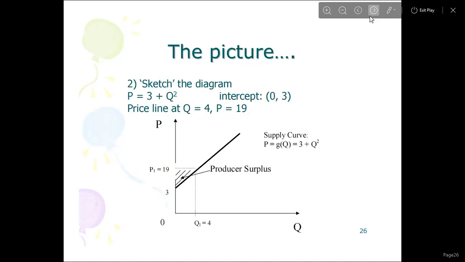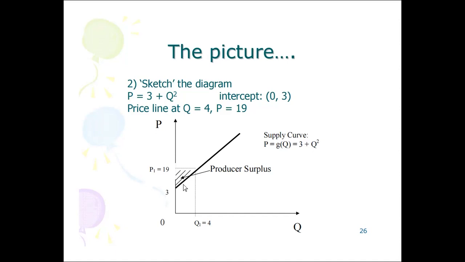So we can plot this. This is the supply function P equals 3 plus Q square. It intercepts at 0, 3. That means if Q equals 0, then P equals 3 only. So 0, 3 is the intercept. So the price at Q equals 4 is P equals 19. In that case, P1 equals 19 and Q1 equals 4. So we can draw the rectangle,